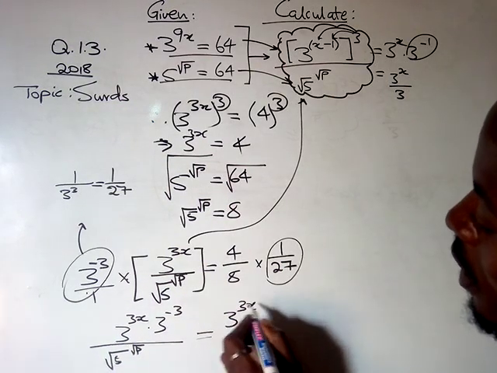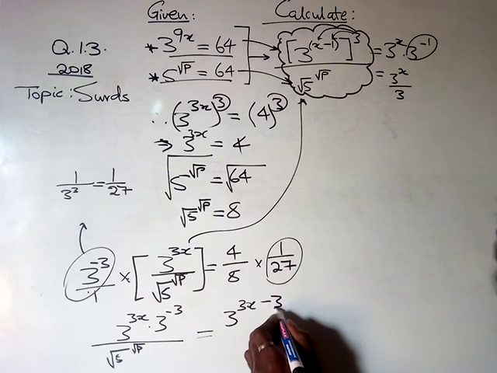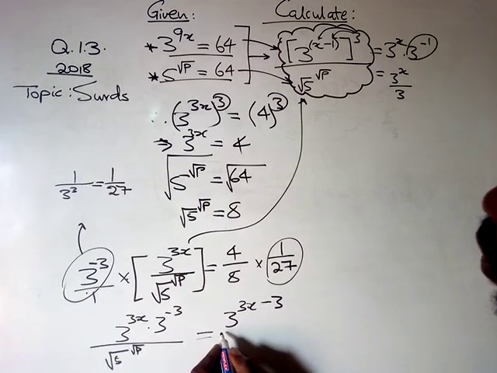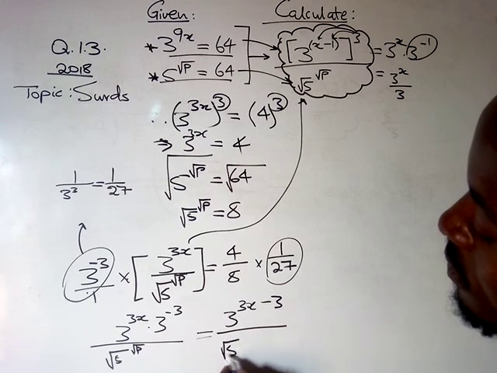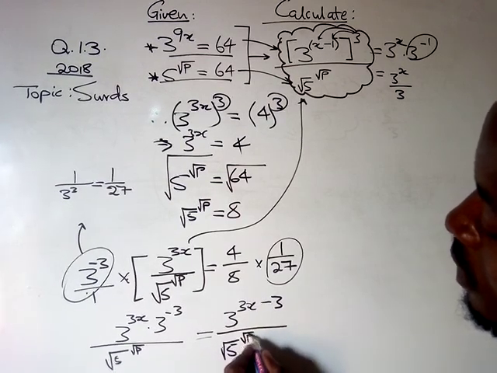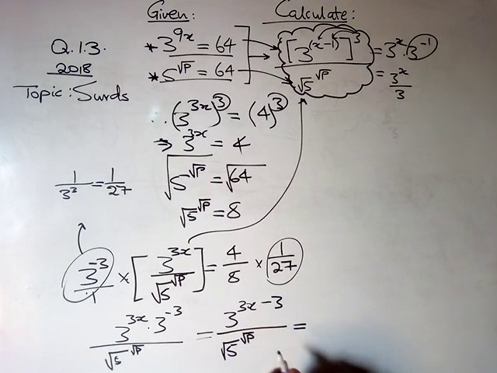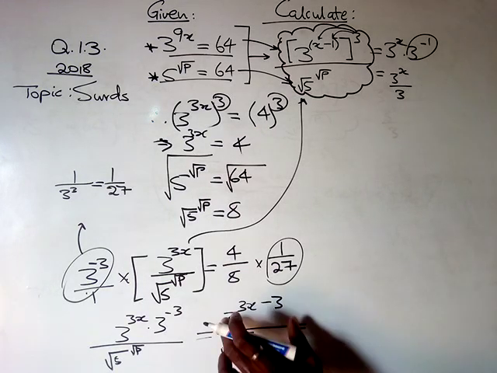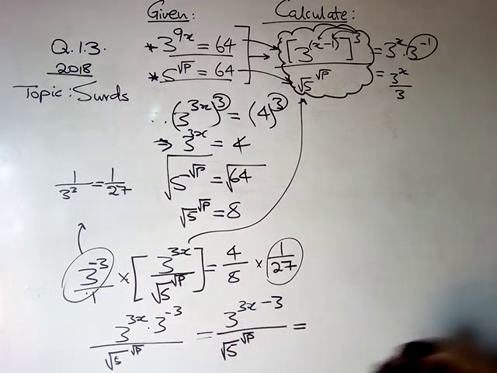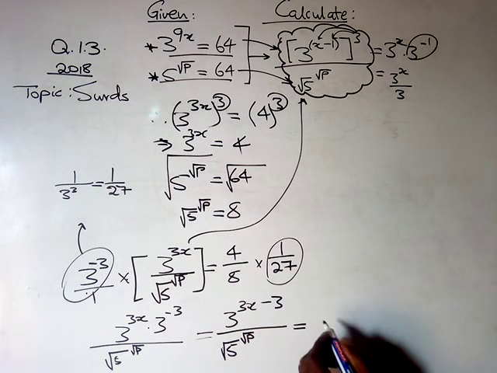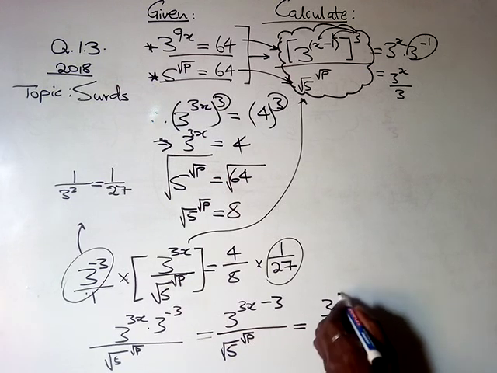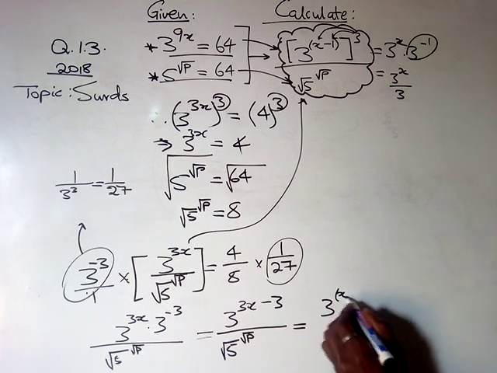So we have 3x minus 3 all over root of 5 to the root of p, which is equal to, if you take out the common factor at the top, you can actually factor out an exponent of 3, by so saying 3 to the